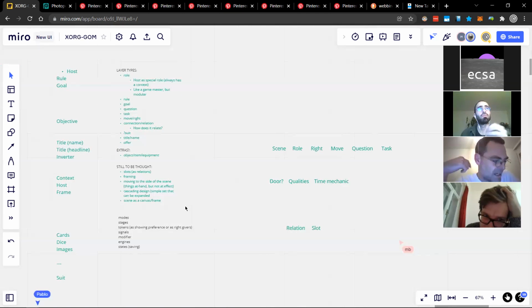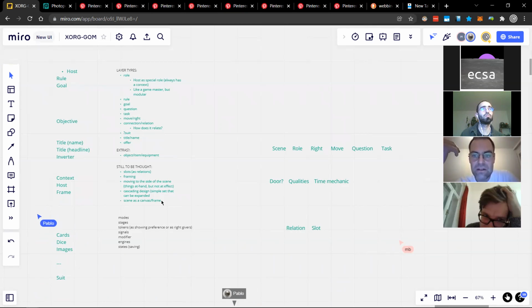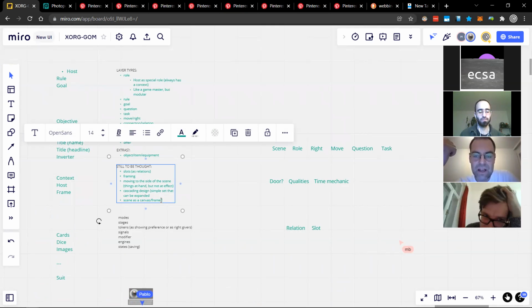Yeah, that's exactly where I was trying to go with this, because I was trying to reserve a place for a more imagery, presence, because roll, write, move, question, task, they're all very mechanic. They're very linguistic in that way. But the scene and the qualities, those two are maybe some that have a different kind of aesthetic dimension. Yeah, and different behavior.